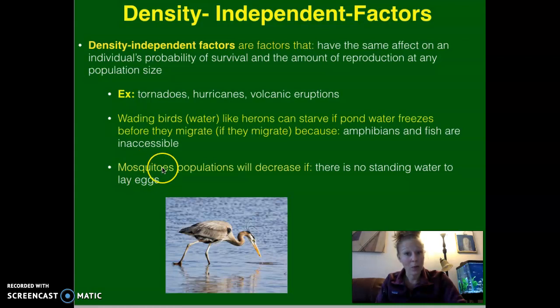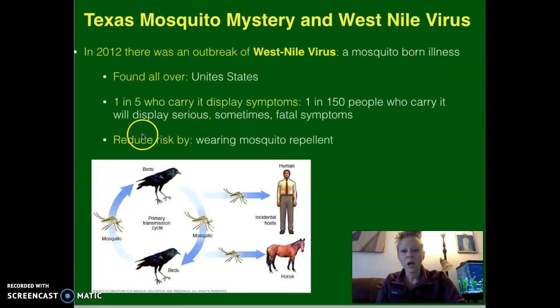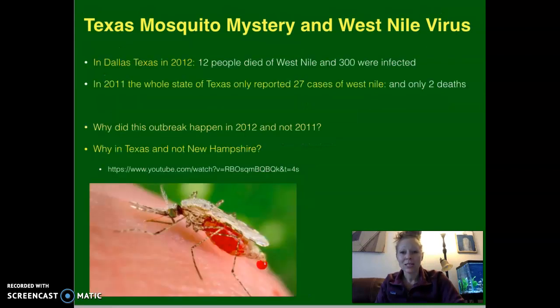So an example, going back to our mosquitoes, is that populations will decrease if there is no standing water to lay eggs. And so we're going to talk about the Texas mosquito mystery and West Nile virus. In 2012, there was an outbreak of the West Nile virus. The virus can travel from mosquitoes to birds, and then from mosquitoes to humans and horses. And the numbers went up drastically in 2012. And so let's talk about why this happened in the